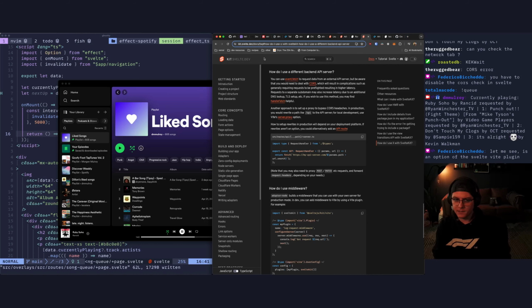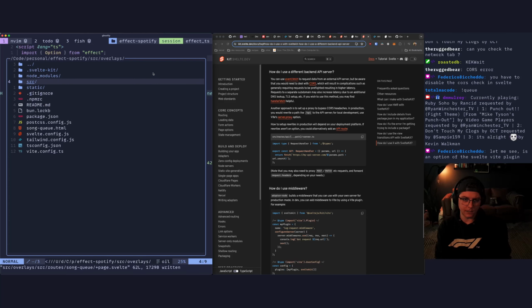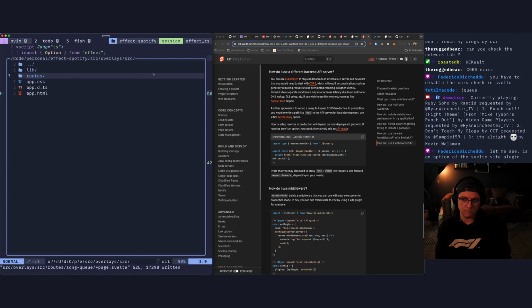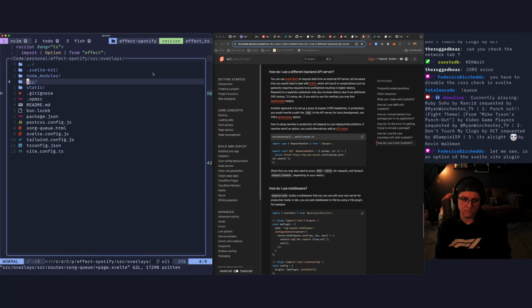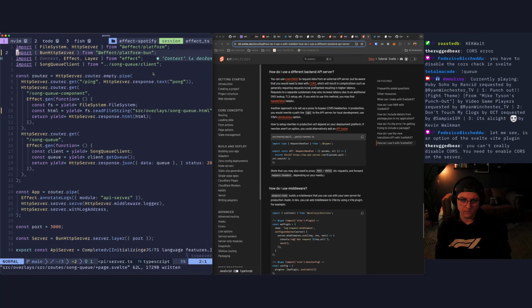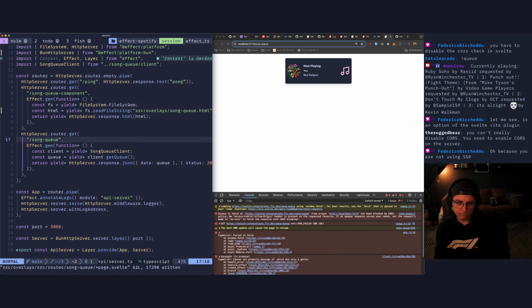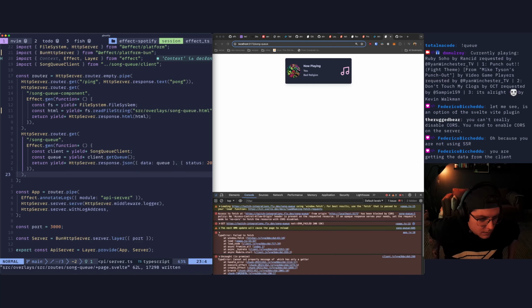I mean, I can just go into my server and do this and just allow CORS to be anything. Let's do that real quick. There has to be a way to configure. Yeah, I'm enabling CORS on the server.